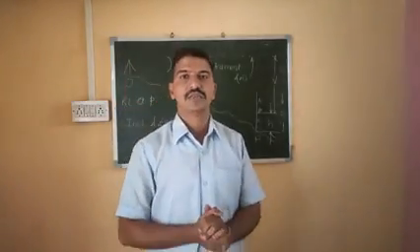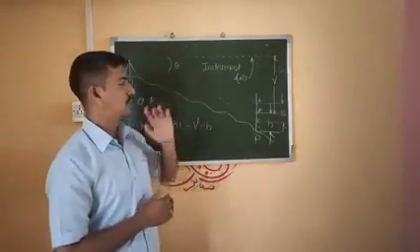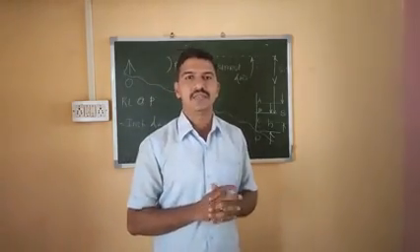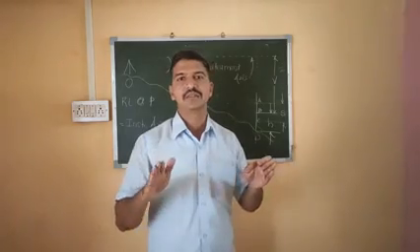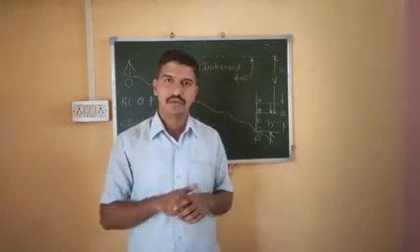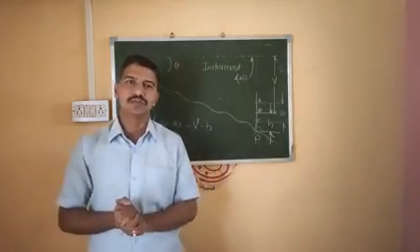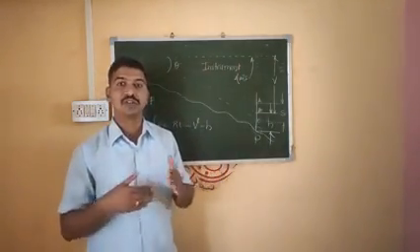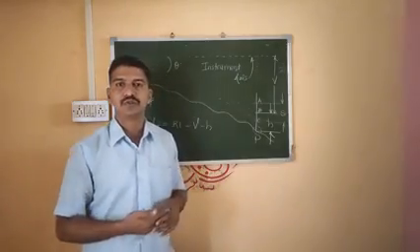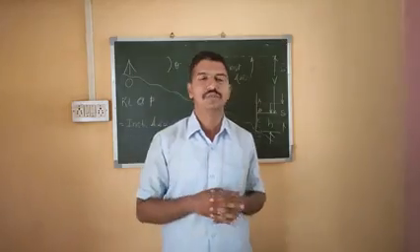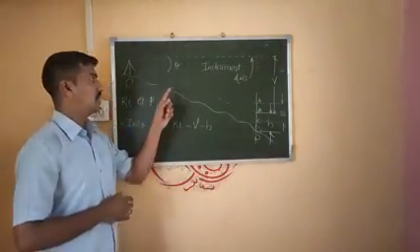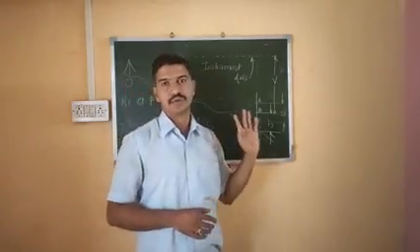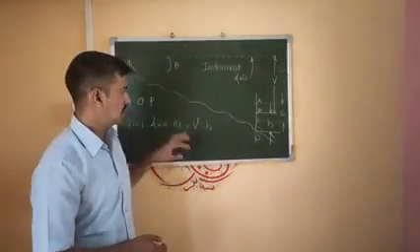So this is the first case, where we have fixed hair reading. In the fixed hair reading, there are again three cases. One is where instrument and the staff are at the same level, means line of collimation, or we can say instrument axis, is completely horizontal. Case number 2, where line of collimation or instrument axis is inclined upward, so at that time we will have angle of elevation. And case number 3, where we will have angle of depression, means line of collimation is inclined downward. Okay, so these are the three cases.